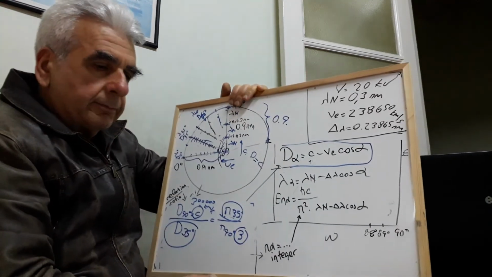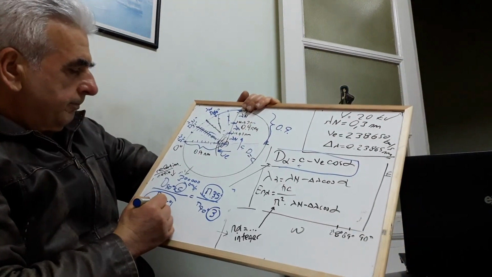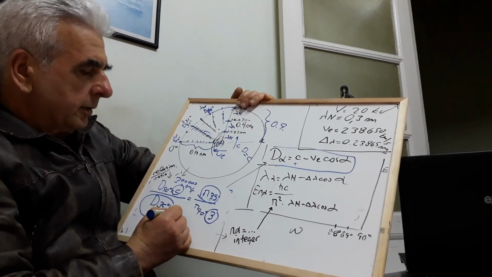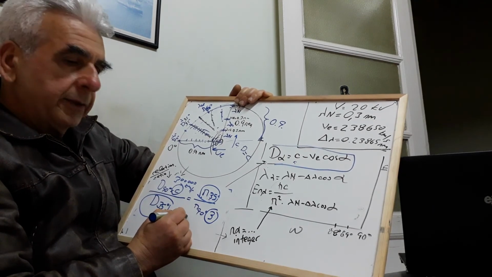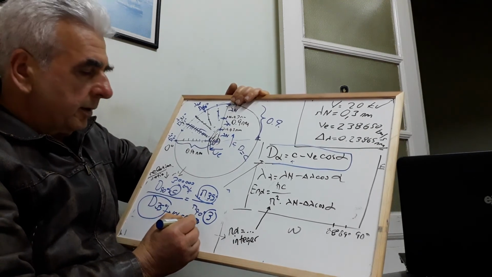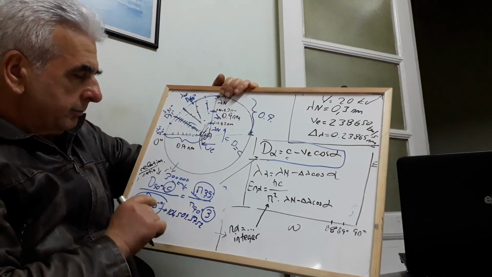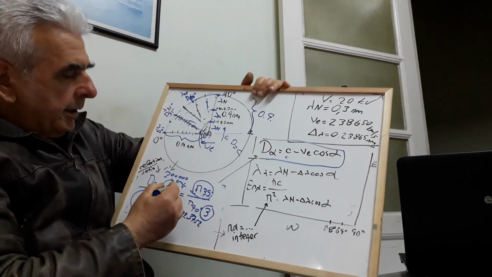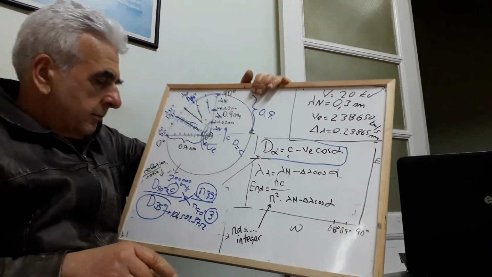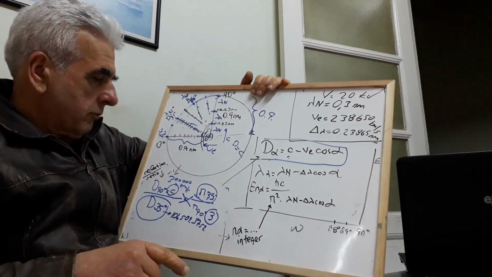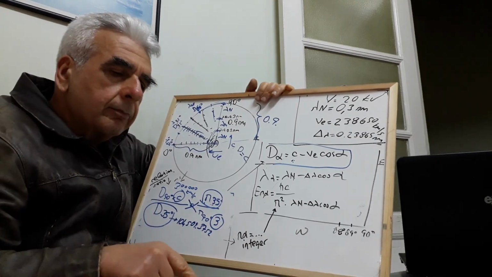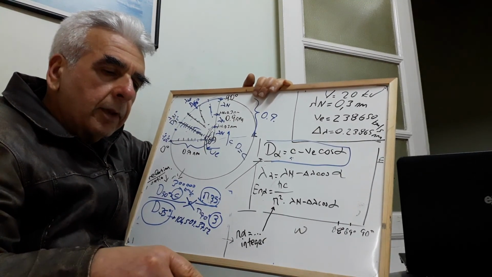It's equal to 104,509.3752. Okay, now we will find that n equals divided by